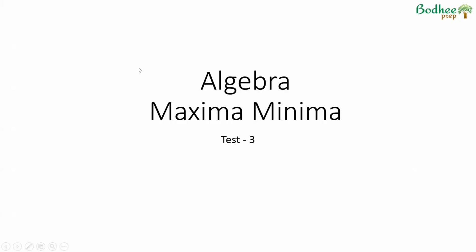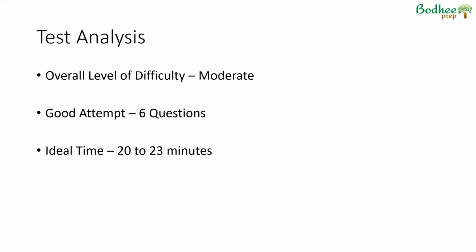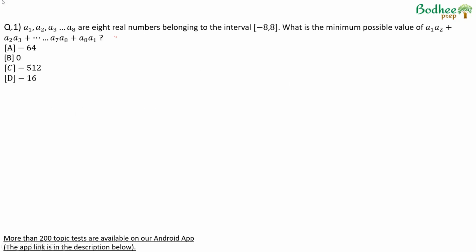This video is on the topic Maxima Minima. We're discussing test number 3, which is a moderate level of difficulty test. A net attempt of about 6 out of 10 questions, net correct, in about 23 minutes, will give you 95 plus percentile. If you look at the questions,